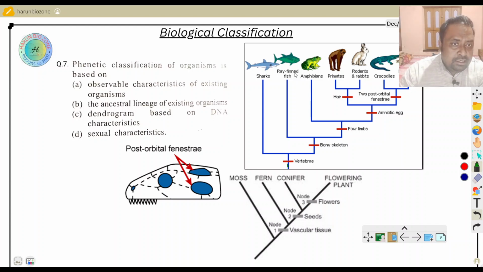So here shark, fish, frog, monkey, rodents means rabbits, crocodile and abyss, all are vertebrate. Means they have their notochord converted into the vertebra. Clear? Then from here to all the organisms, from here bony skeleton, and this is cartilaginous piece. So they are all vertebrate, but shark is a cartilaginous fish, but the rest are all